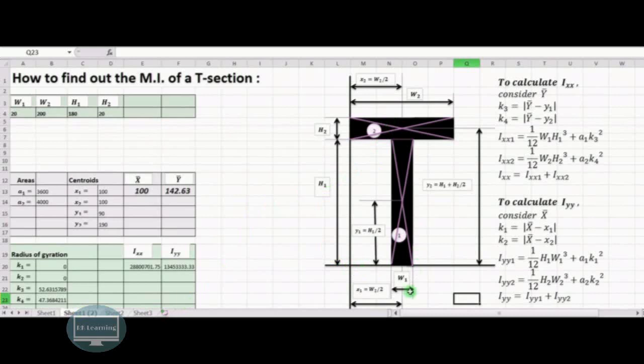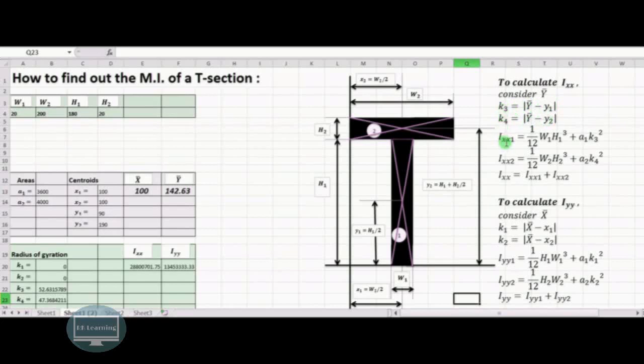So this part is same. So you are calculating x1, y1, then x2, y2 as usual. Okay. But now we have to calculate the value of Ixx. So to calculate Ixx, consider y bar and calculate the radius of gyration k3 and k4, taking the absolute values or mod values. So y bar minus y1 and y bar minus y2 will give you the values of k3